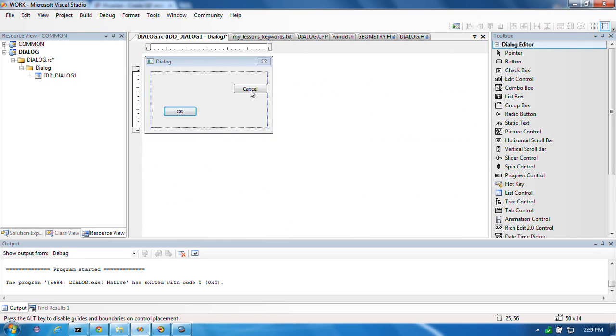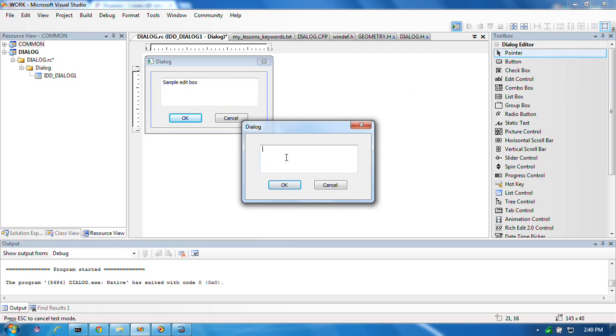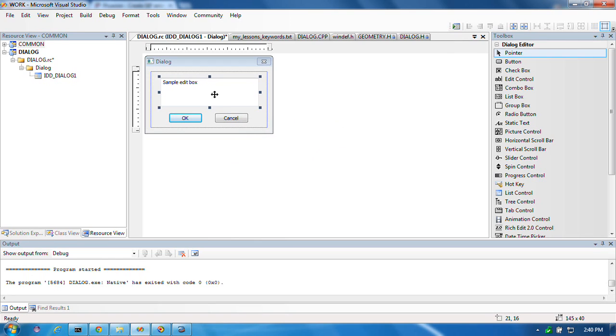This thing, once it's compiled, this thing actually gets compiled, but not by the regular compiler, by something called the resource compiler, which makes a special kind of binary file. You can move these together too, by the way. Just to mix things up a bit, I'll put an edit control in here. You can actually test how the dialog would run. Okay, this is what it would do. Now I just pressed enter there,